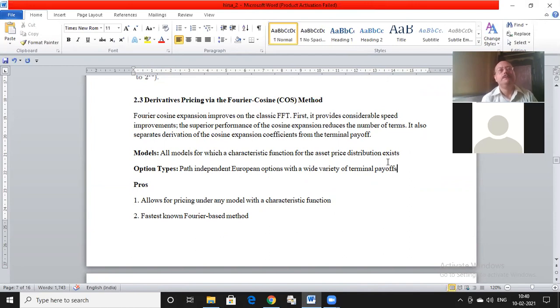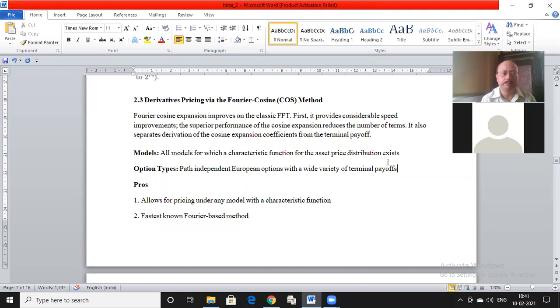So the third method is called the Fourier cosine method, because it uses only the cosine part of the Fourier expansion. If I think of the Fourier expansion in the trigonometric form, it will be a cos theta plus i sin theta kind of series. And in this method, we plan to use only the cosine part of that expansion. And empirically, one can show that this is actually the fastest among the three methods we are going to discuss